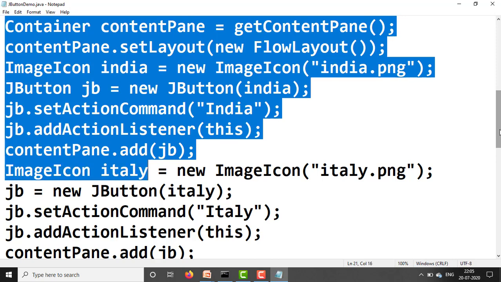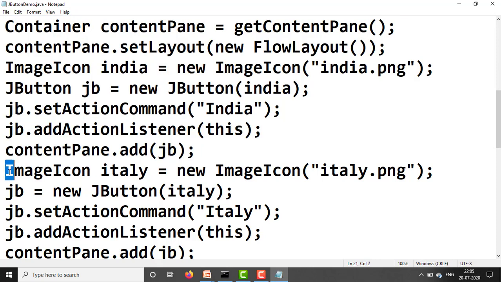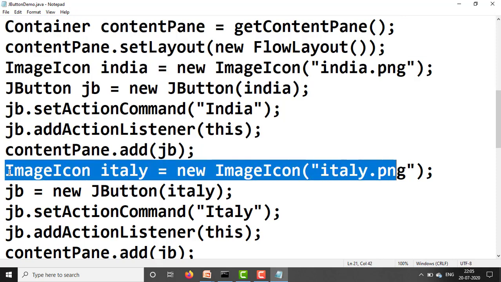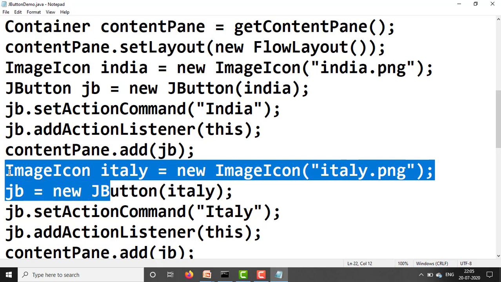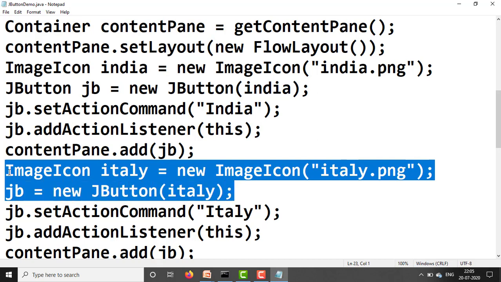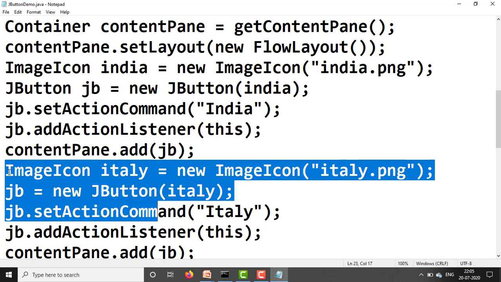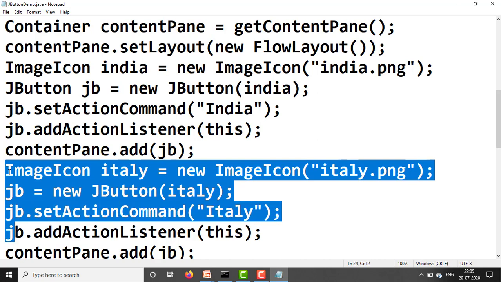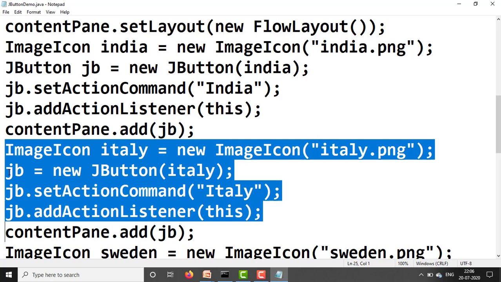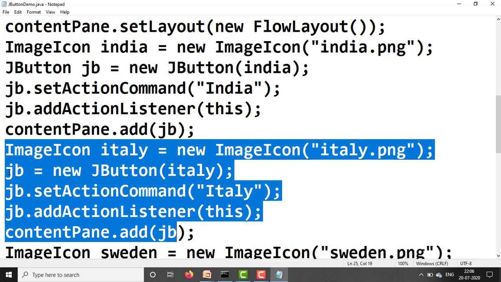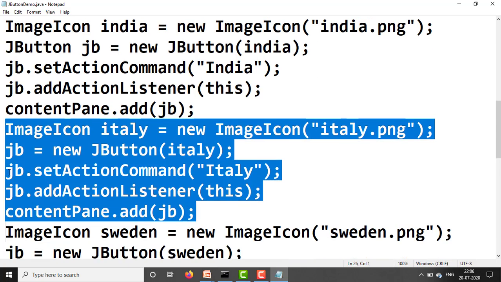ImageIcon italy equal to new ImageIcon("italy.png"); next, JB equal to new JButton(italy). JB.setActionCommand("Italy"); JB.addActionListener(this). Next, contentPane.add(JB);